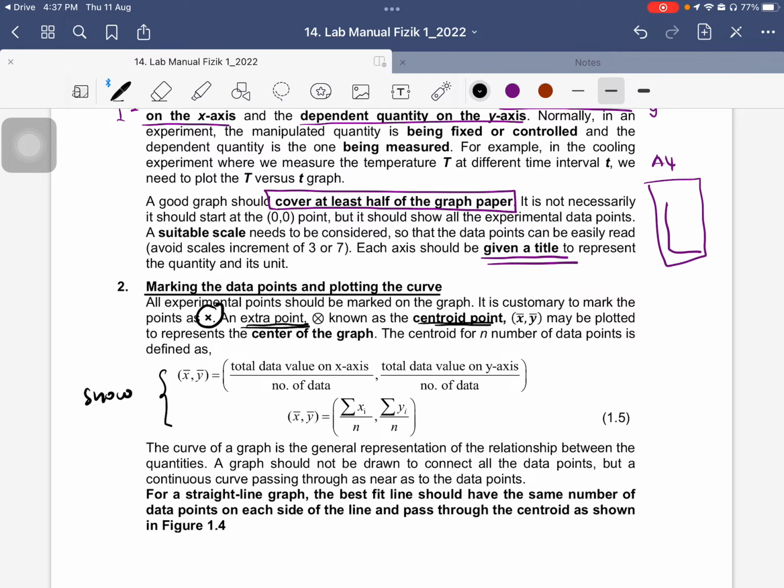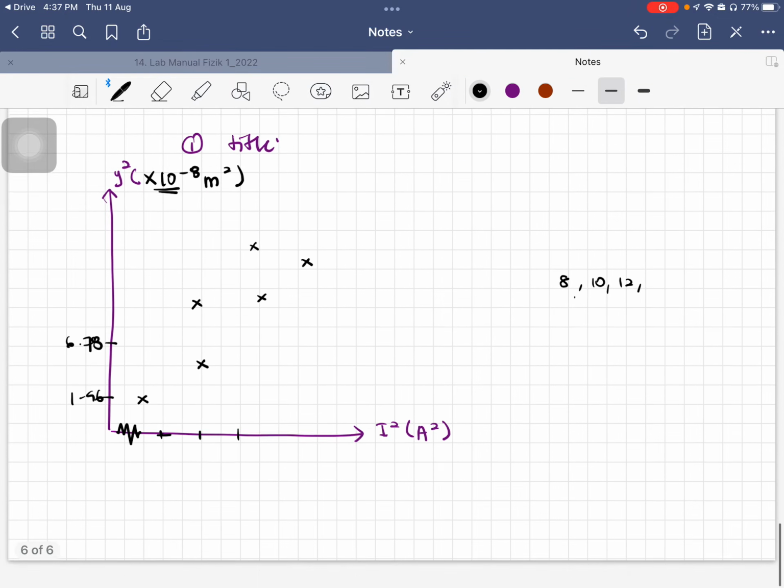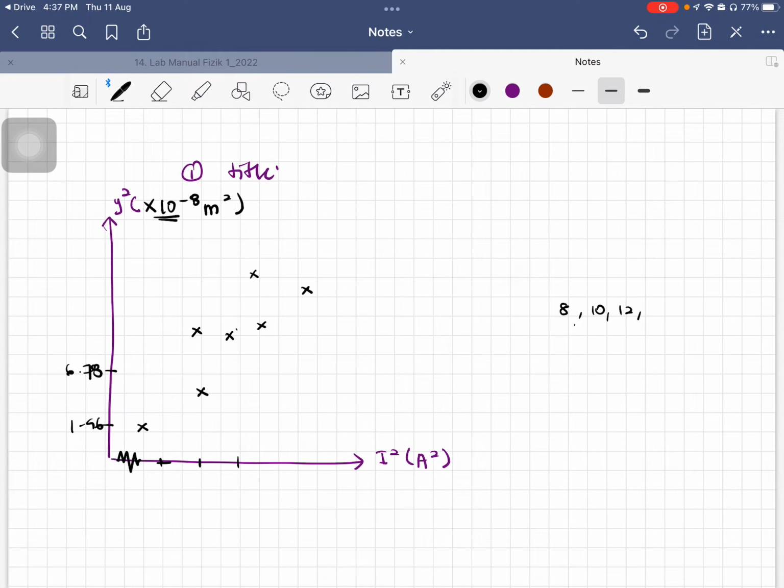Show the calculation in the space provided. Then put it as x bar, y bar, to show this is your centroid point. Mark your centroid point in your graph as a cross with a circle. Okay, cross with a circle. Okay, now